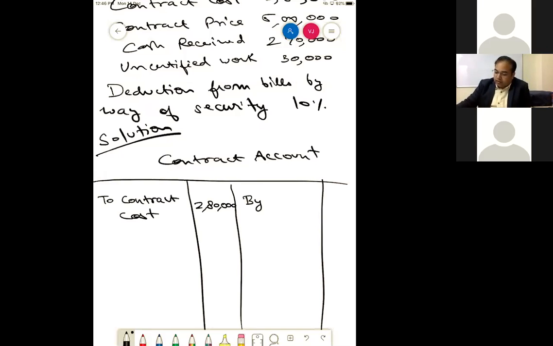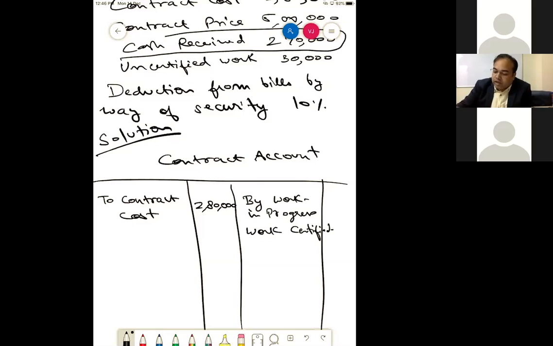Then on right hand side, work in progress. Now I told that work in progress is your work certified and work uncertified. So first let us take what is work certified. Now in this question you see that there is an item shown, cash received. Can you see it? Now this cash you would be receiving only when your work has been certified to that much extent. Then only you will be paid for your work. So cash received is your